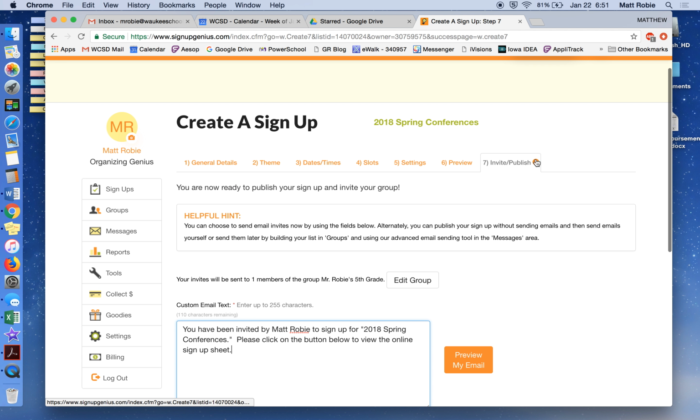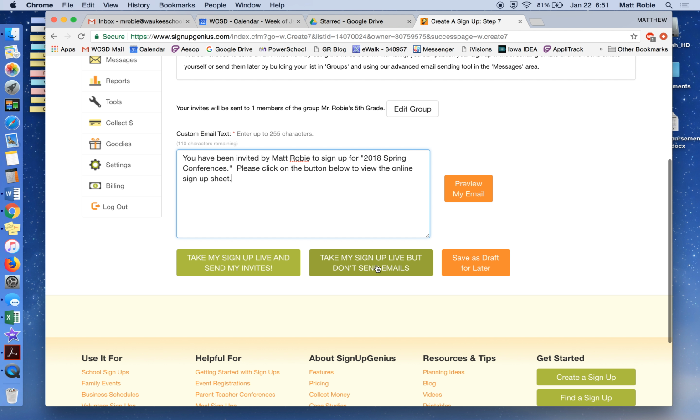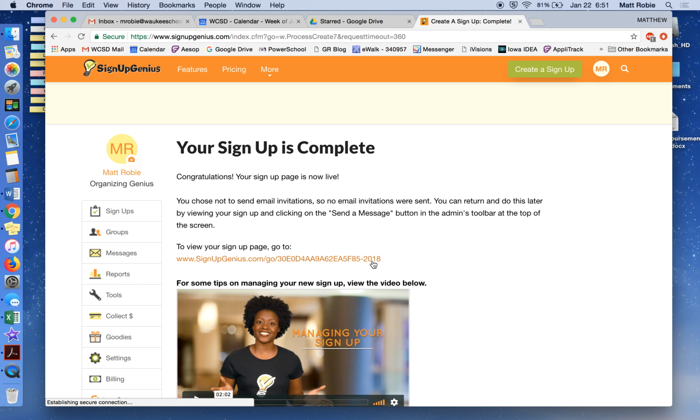When you're in this tab of number 7, you're not going to do anything except say, take my sign up live, but don't send emails. So when you click that button, it gives you your link that you are going to send out to your parents with whatever custom text you want to put in that email. So you'll put the date that you want them to sign up by. You'll ask them to put their child's name in instead of their name if that's how you want it to be organized. If you think you can figure out who every child is by just looking at their name, then that's fine. So you're just going to copy this,